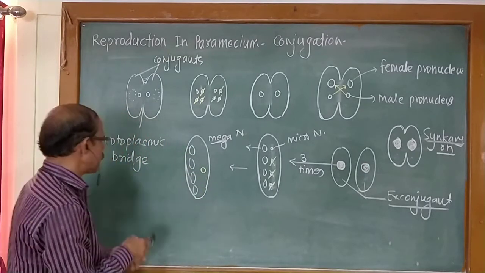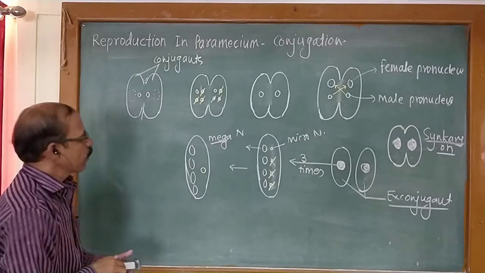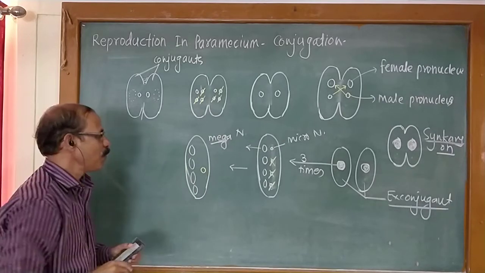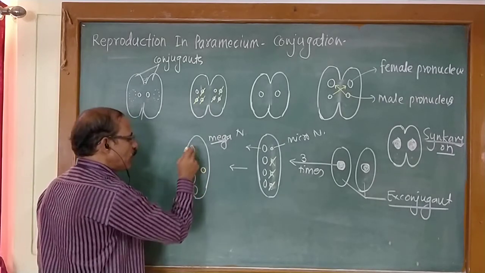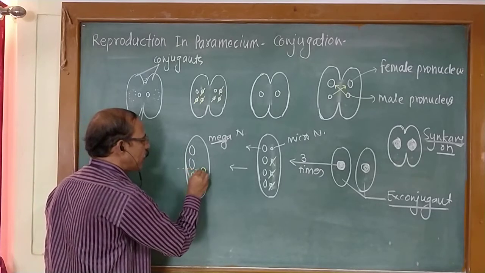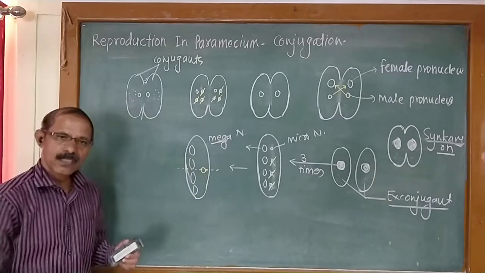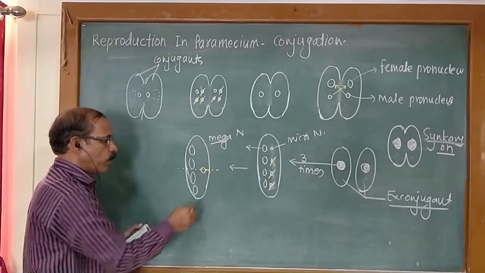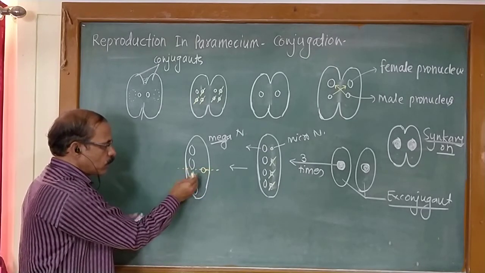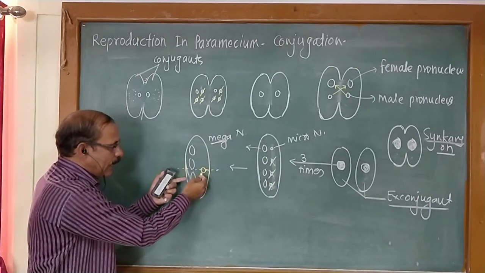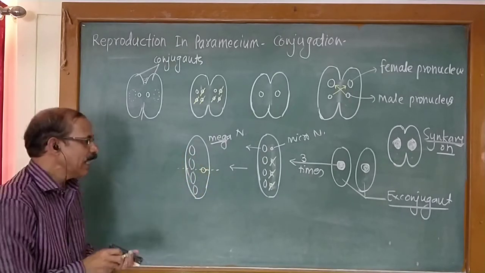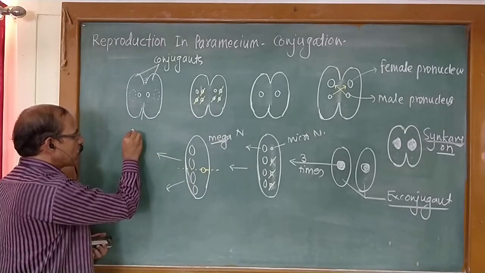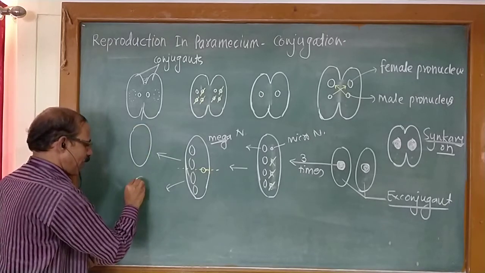Now what happens in the next? I will clear this one. Now here is the process of binary fission. The ex-conjugant along with micronuclei divide. What happens? There is a transverse division. This cytoplasmic notch is formed, and this deepens inside. At the same time, the micronucleus divides, and the ex-conjugant divides,